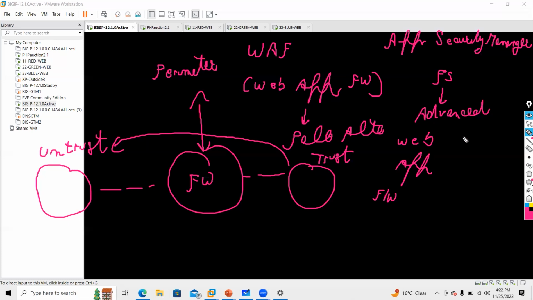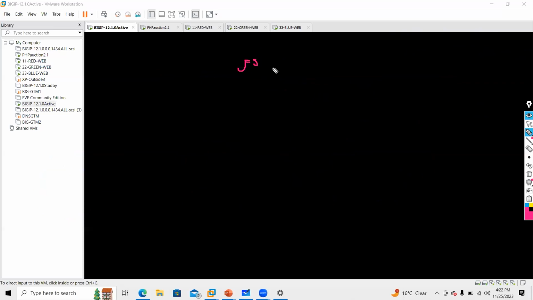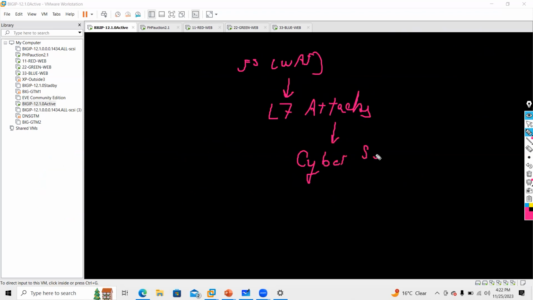But when I talk about F5 Advanced WAF, that is totally based on layer 7 attacks, or I can simply say cyber security attacks. And you might have heard about a term called OWASP Top 10.